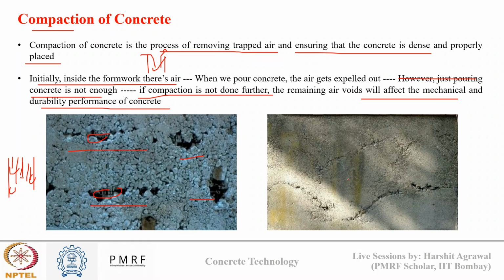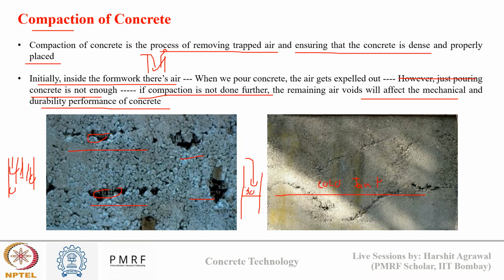And in the second image, you can see more like a straight horizontal void strip, which we can say is a cold joint. So what is a cold joint? This is created like this: suppose there is a formwork. You have poured one set of concrete inside the formwork. Now, before pouring the second set, there was some halt in between. Suppose 30 minutes, 1 hour, 2 hours, there was a halt in between. So what will happen due to this halt?